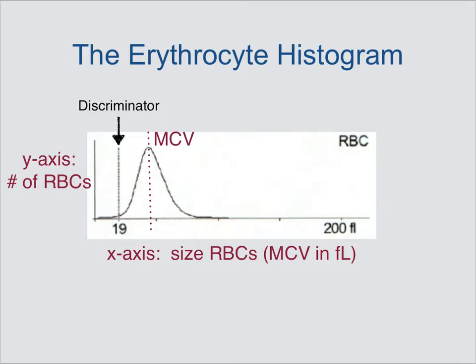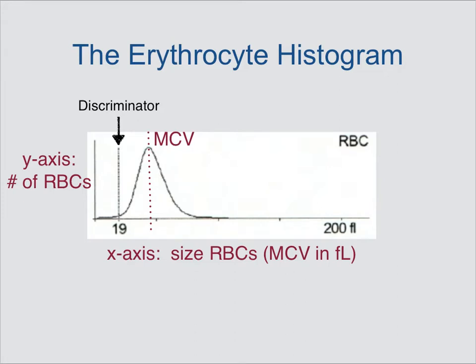It represents where the analyzer has determined that the red blood cells end and the platelets begin. So to the left of the discriminator are platelets, and to the right are the erythrocytes. And the platelets then get their own histogram. The curve itself represents the